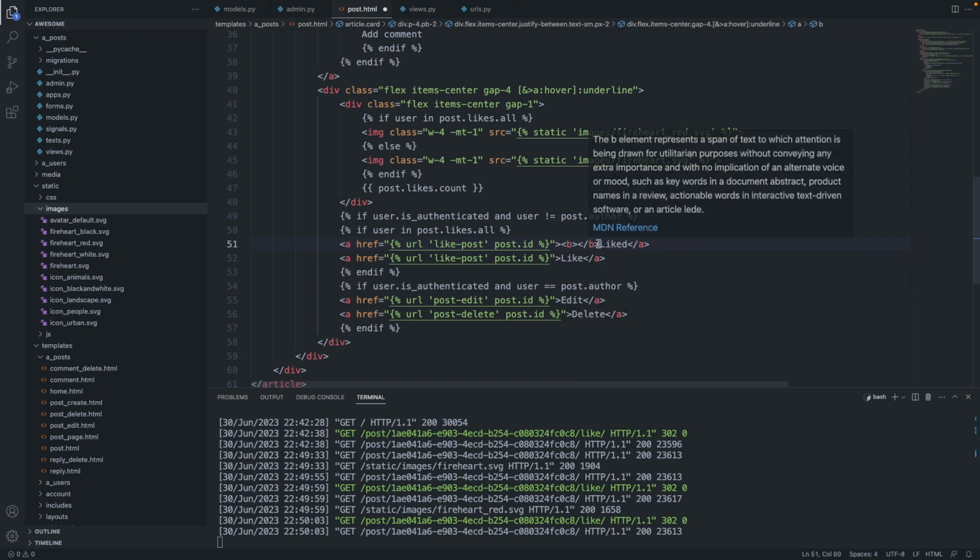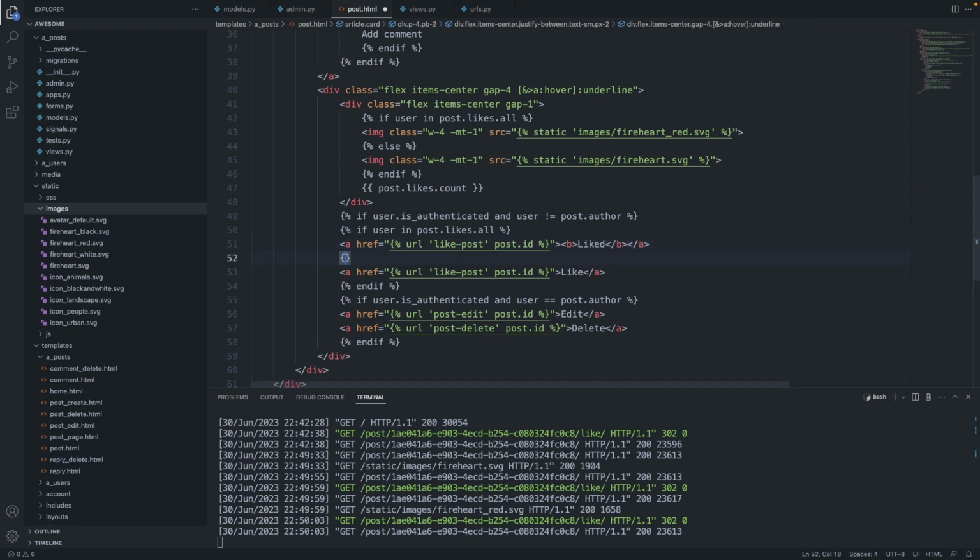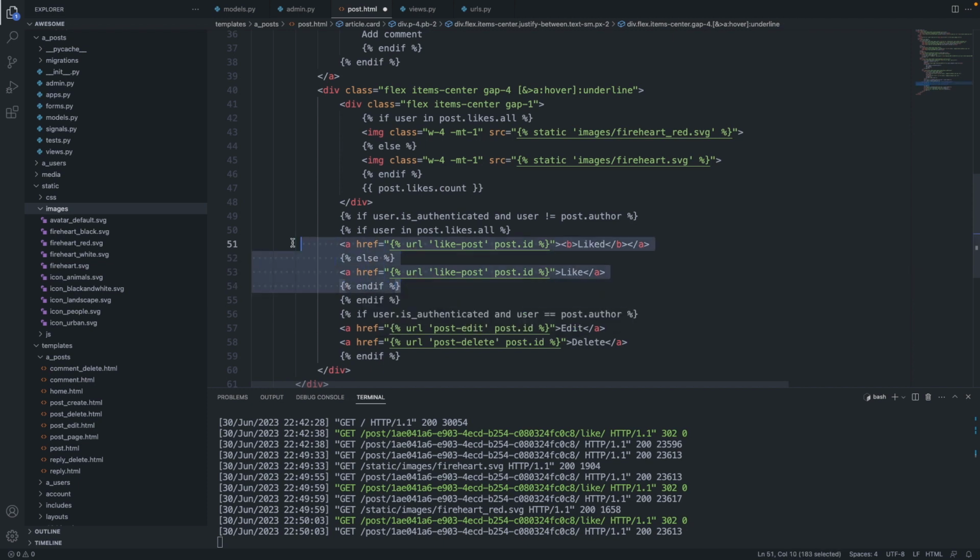So add here a B tag like that, and else we leave it like that. Alright, and let's move this inside a little bit. Okay, that should do. Let's save this file,